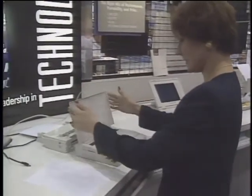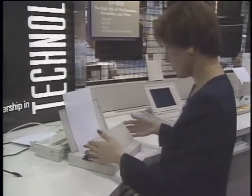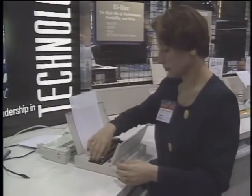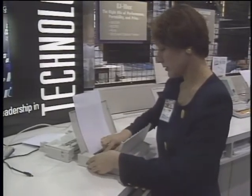Canon introduced the BJ10EX portable printer here. It's a little bigger than the Citizen, weighing in at 4 pounds. It features bubble jet technology for high-quality printing, and there's an optional 30-sheet automatic feeder available to set up an office on the road. Retail price is about $500, but you'll need to add on the optional NiCad battery pack